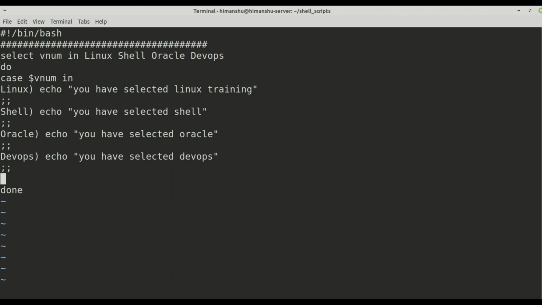But apart from this, I will put anything else also in case you are not selecting any of those, so it should print something. So I will say star, anything else, where it should do echo wrong input selected, exiting, and I will write the exit command, and I will terminate the case.